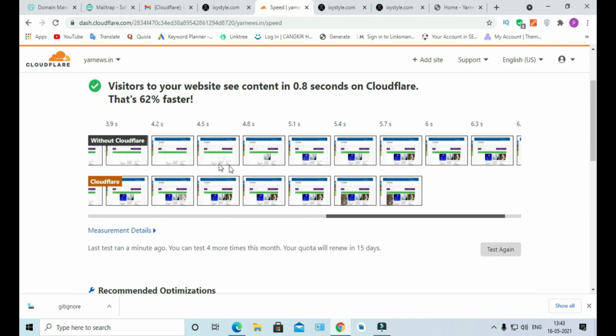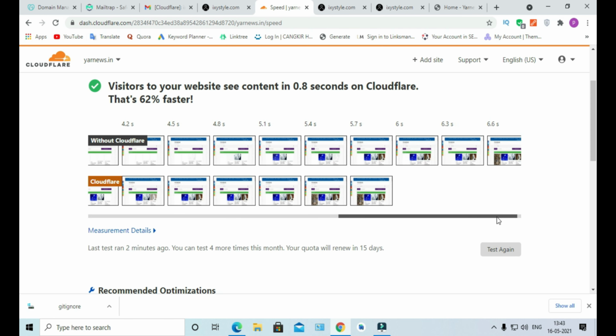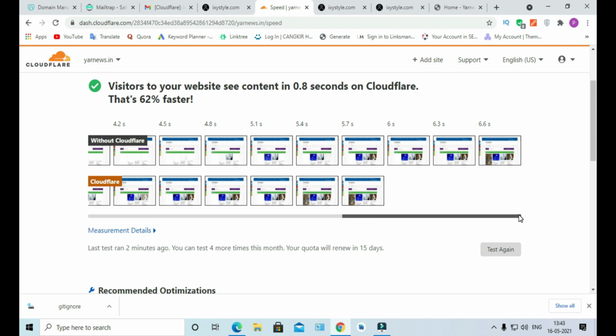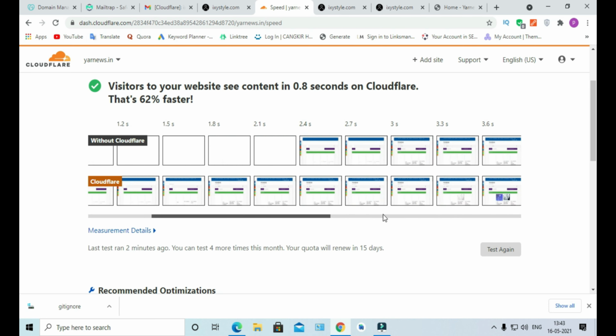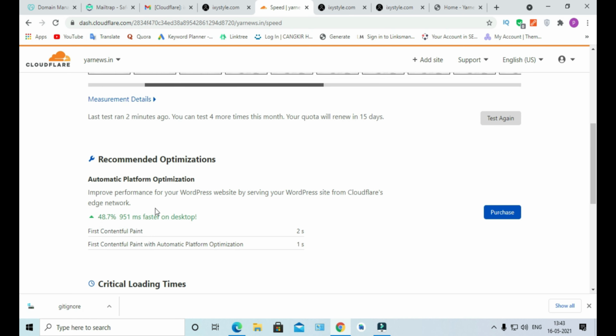So without a Cloudflare account and with a Cloudflare account, okay, compared to before, it takes 6 seconds to load my website, compared to previously 6.6 seconds taken for loading the website. Okay, this is the advantage, and you can purchase for more optimization.